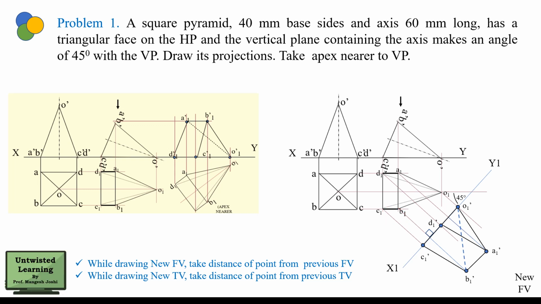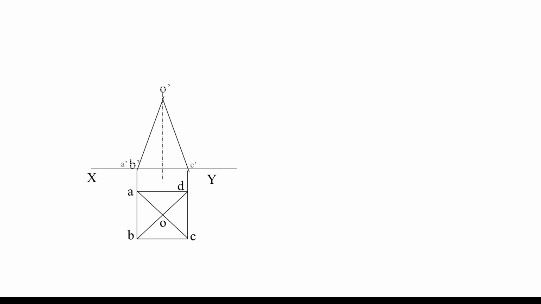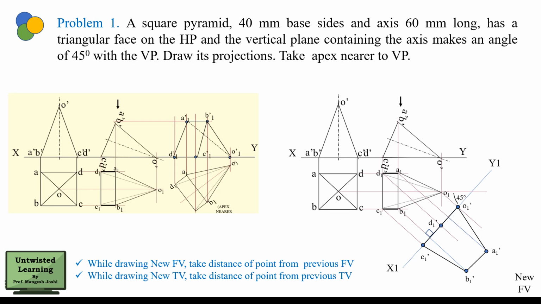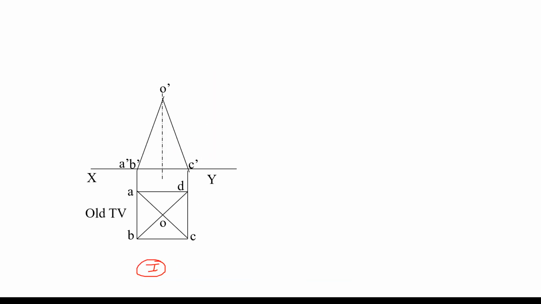Okay, so I hope you have understood this concept. You can also use this at the very first stage itself. So you have drawn the first stage, right? So what is the condition here? That your triangular face is lying on HP. Okay, so what I will do, I will draw an XY line from here itself, that is this. So my first diagram is over, right?